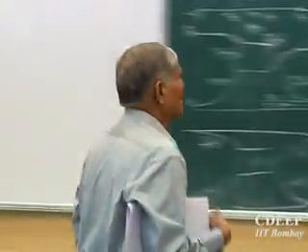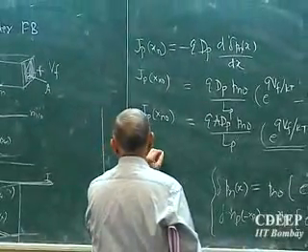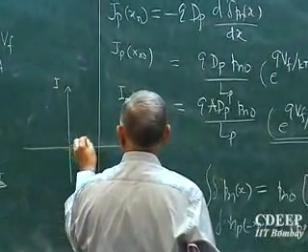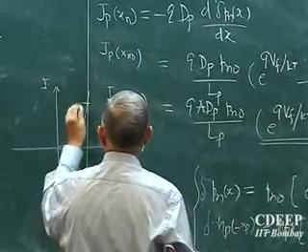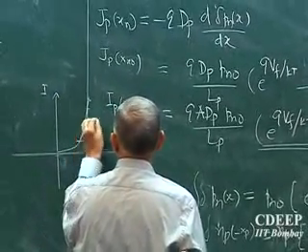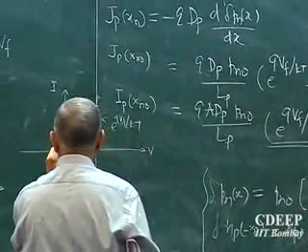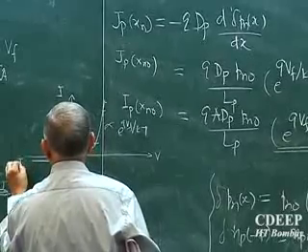So now I must prove that though it may not look similar to what I showed here, under reverse bias, the concentration profile should be such that it leads to a current which is QADP PNO upon LP plus QADN LP upon this. Same value I must get. If I get that value, then I can say the forward and reverse characteristics of a diode will, at least initially I don't know, but from here onwards, this region, maybe this region, will show proportionality to QVF by KT, and on the reverse side, I will get a constant current